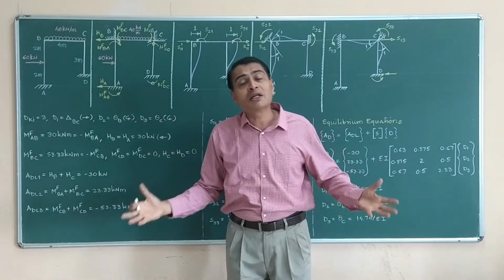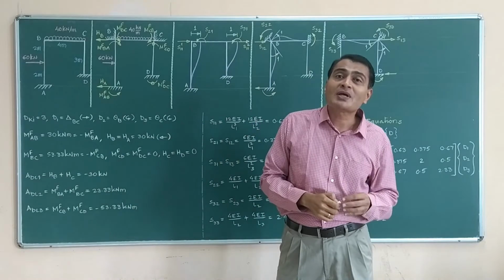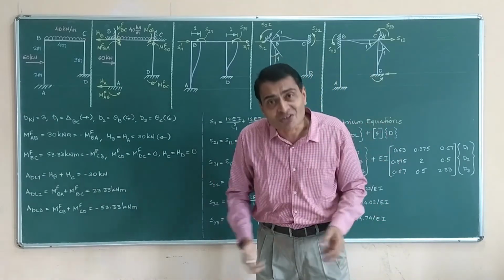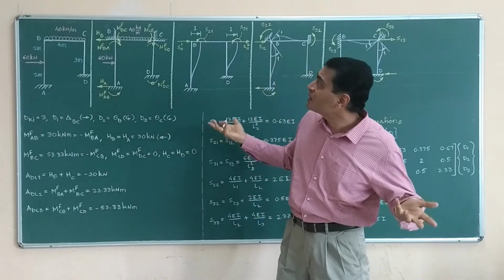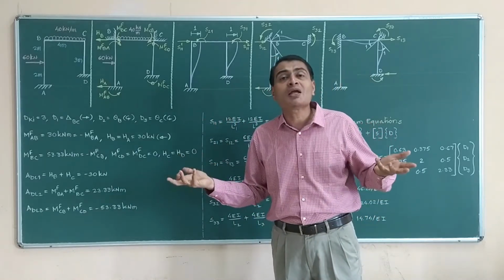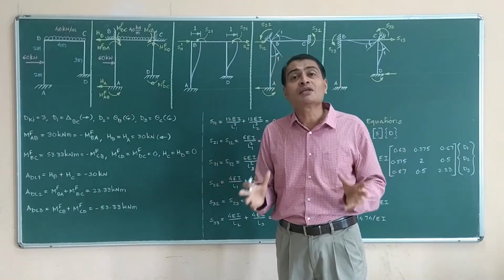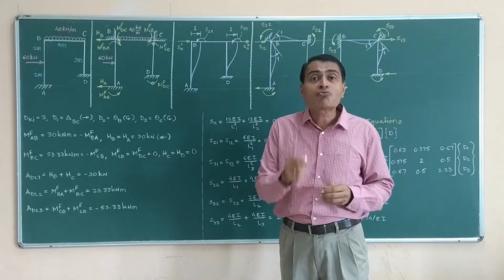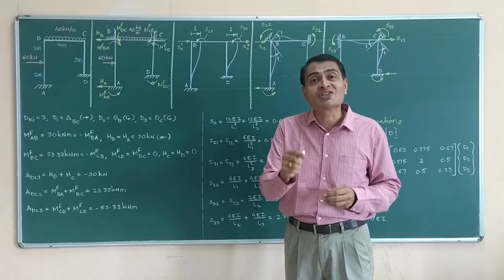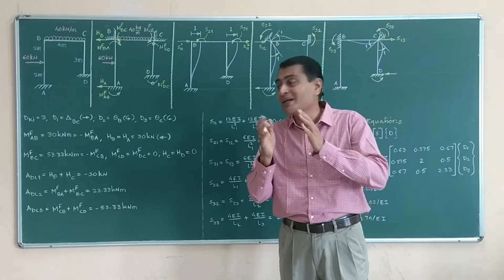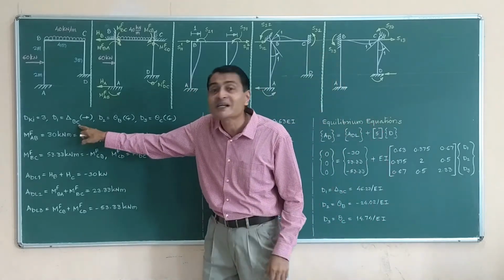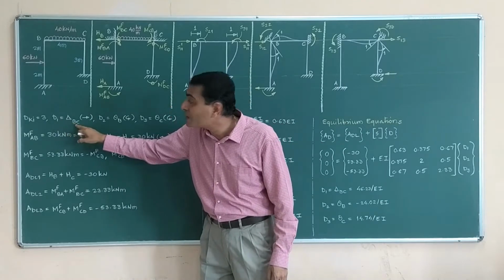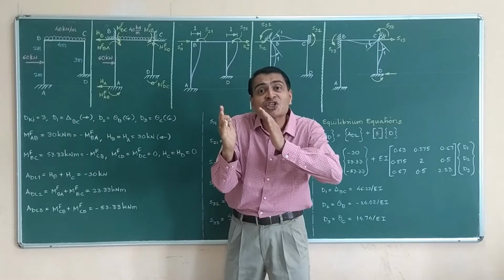Now you may be wondering that in all the problems we have solved so far, I have been discussing only fixed end moments. Then why suddenly is this HB, HA, HD, HC appearing? Because this is a sway frame. One of our unknown joint displacements is a sway, that is D1 is equal to delta BC. So corresponding to delta BC, it is translation.